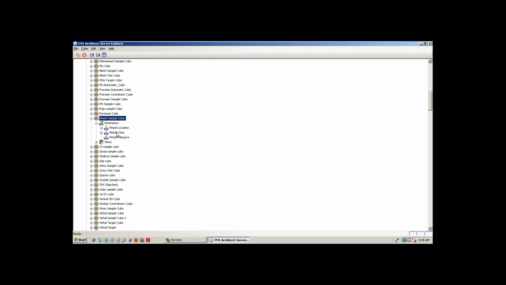Because whether you really worked on TM1 or not, I can easily find out by very simple tricky questions. So if I want to find out, can I rename a cube? Is it possible? 200% not possible. You cannot rename a cube. If you want to create it once again with a different name, you have to create a new cube, take the same dimensions and give the proper name. You cannot rename the cube once the cube is done.